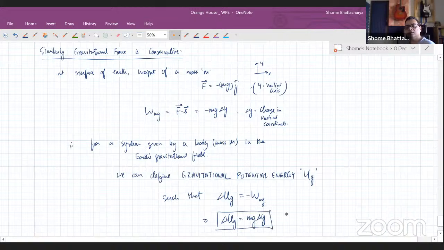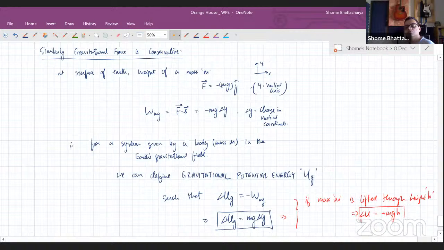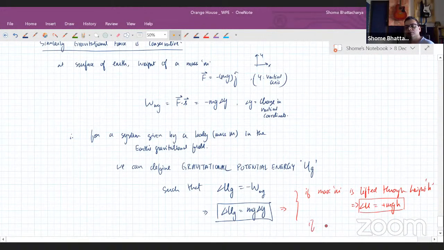So this in turn means that if the mass m is lifted through height h, then delta U will be plus mgh. So in order to lift a mass by a height h, we need to increase the gravitational potential energy by plus mgh. Whereas if the mass m drops through height h,